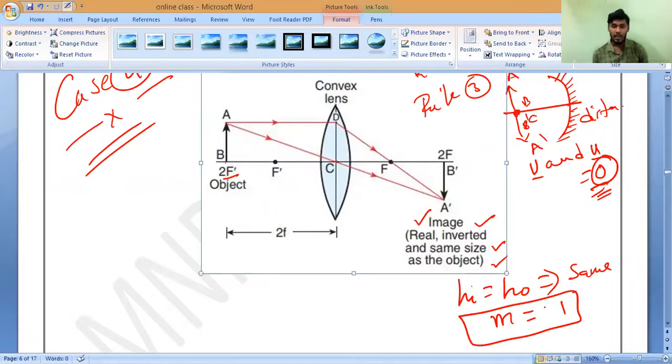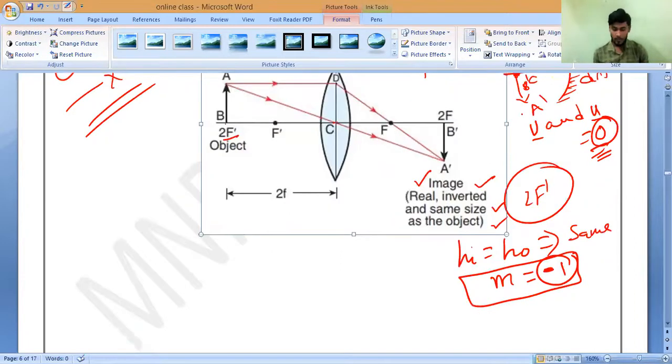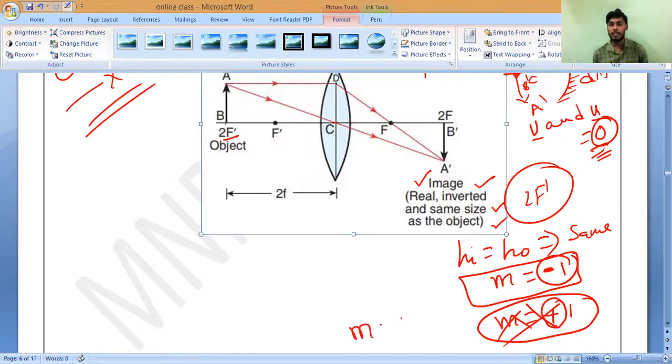Understanding? Magnification is 1 when you place the object at 2f dash. But if it is forming a real image, the magnification is minus 1. That is what you should remember. Is it possible to form m equals plus 1? Anybody? If it is virtual, never will form. Maybe they may ask the question in exam, but magnification will never become plus 1 in the case of mirrors and lenses, it doesn't matter, because it will never form.